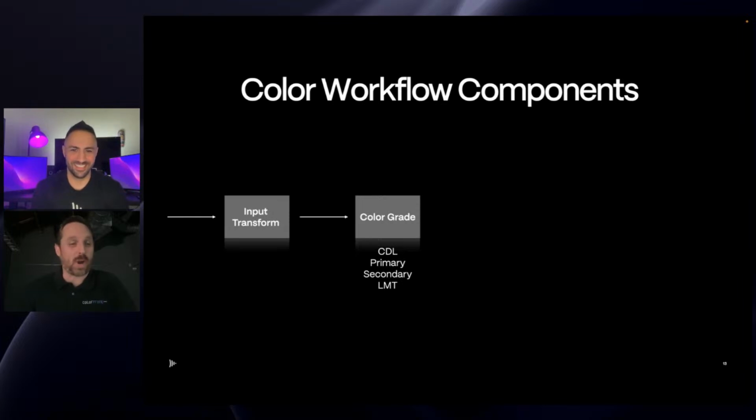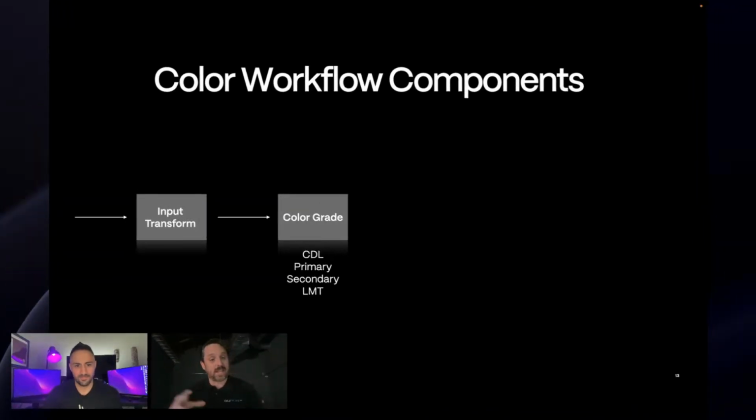And then you've got your primary color grade tools. You've got your secondaries. So if you're going to do power windows, if you're going to do tracking, if you're going to do things like that, that's the next portion of it. And then you've got your LMT, which is your look management tool. And so a look management can be a LUT. It can be like a show LUT. So you'd work with your post team or your colorist to create a look. And many shows have multiple looks, right? You're going to have your daytime, you're going to have your outside, you're going to have your tungsten, you're going to have your different feels for the show. And that's where the look comes into it.